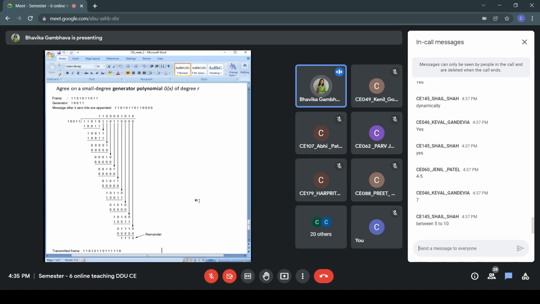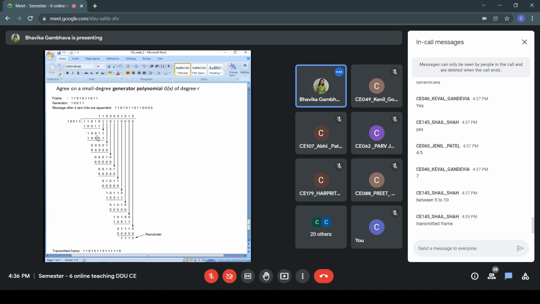Do you think we need to define any other parameter? Transmitted frame, that should be the output. Like I give you this data, then based on the generator, those many zeros you will append here.